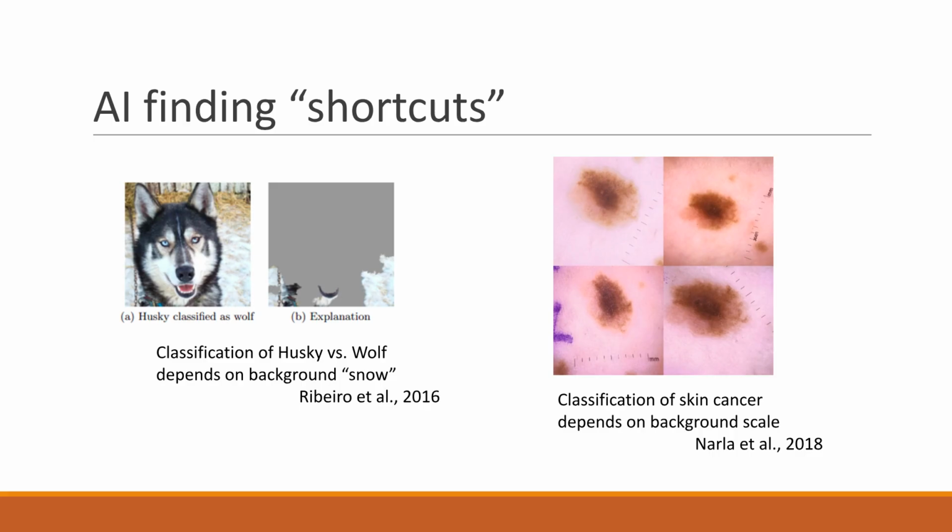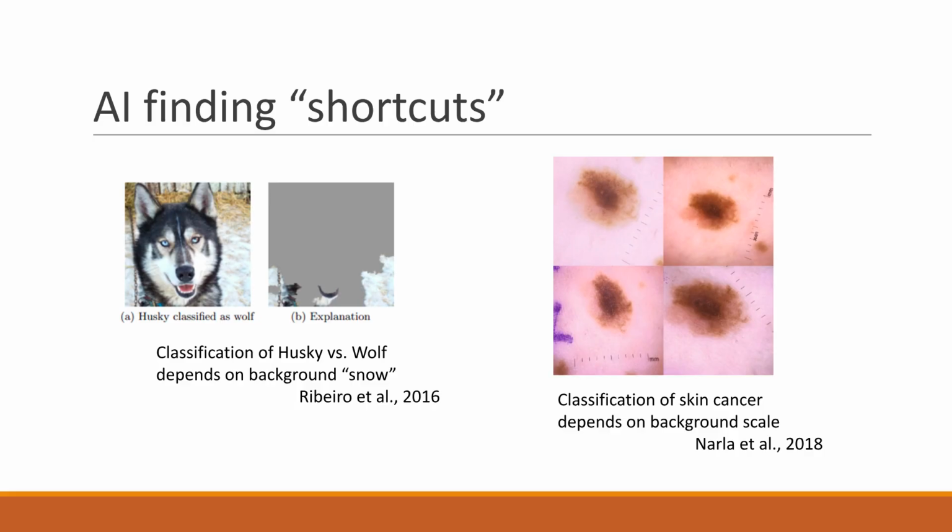So what are shortcuts? In machine learning, a model will sometimes find signals that have nothing to do with what we are actually interested in. For example, in a classic computer vision study, an AI was trained to classify huskies versus wolves. It achieved high accuracy, but when researchers looked closer, the AI wasn't looking at the animal at all, it was looking at the background. It had simply learned to classify snow.